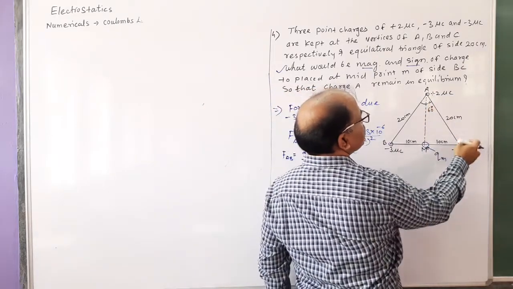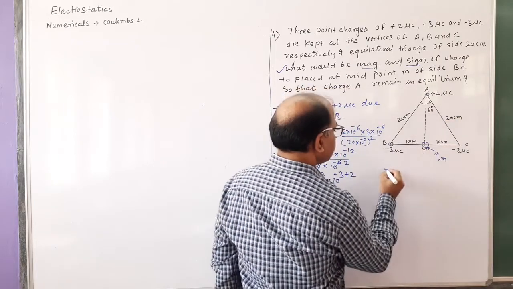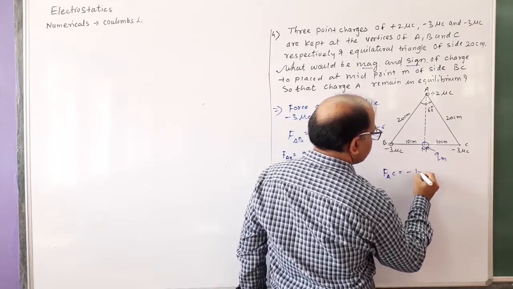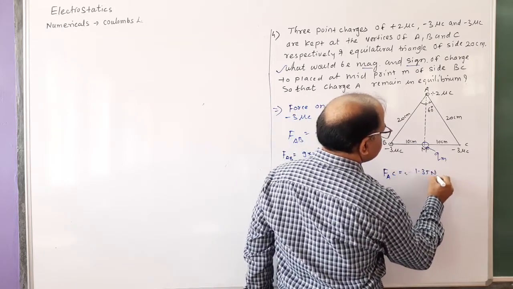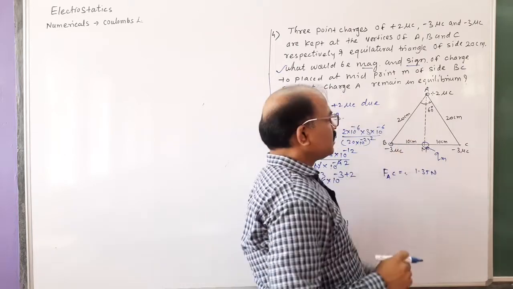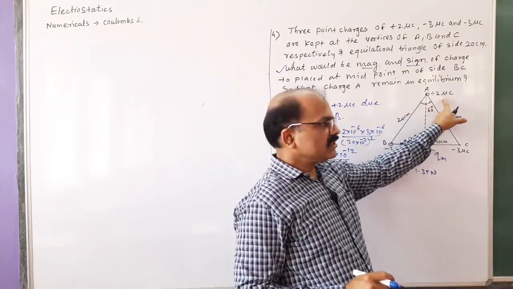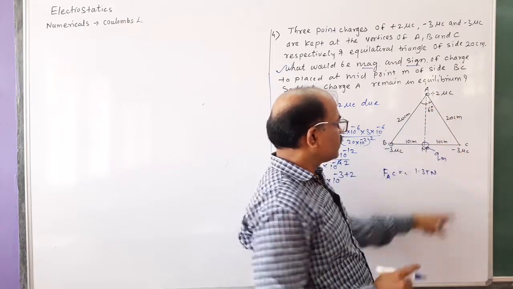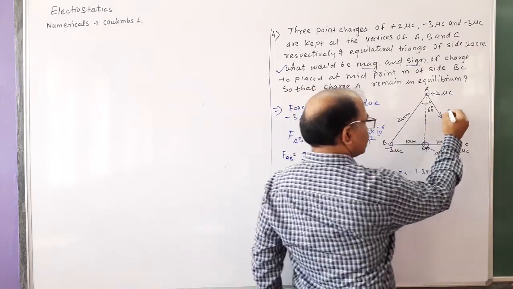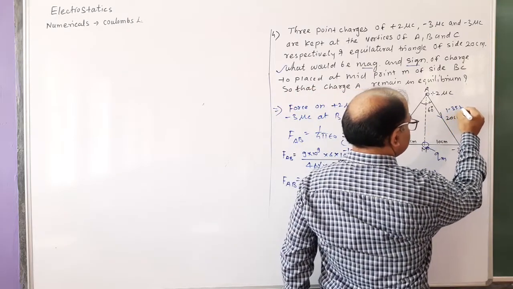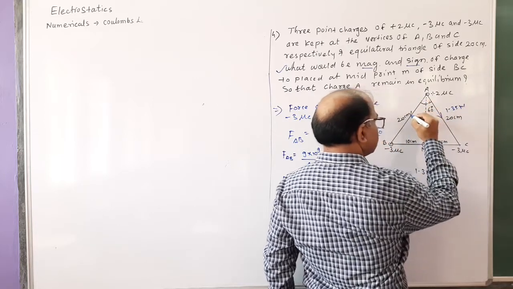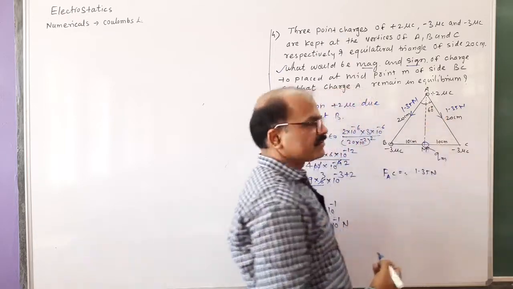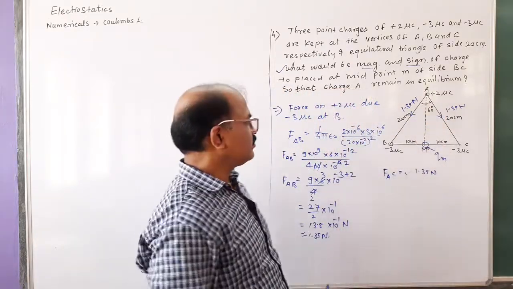Similarly, the magnitude is the same and the distance is also the same. So A also experiences the force due to C, equal to 1.35 Newton. So what about the direction? If this 2 microcoulomb charge is positive and we free it, where will it go? It will get attracted, meaning this will be the direction. How much? 1.35 Newton along this direction. This also goes along this direction, 1.35 Newton. This will get attracted.